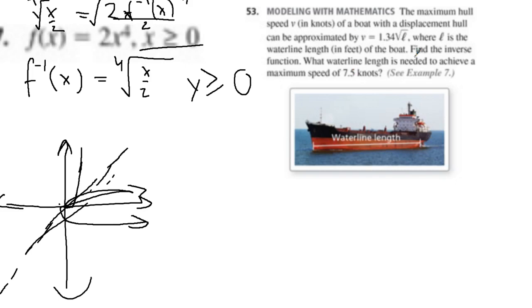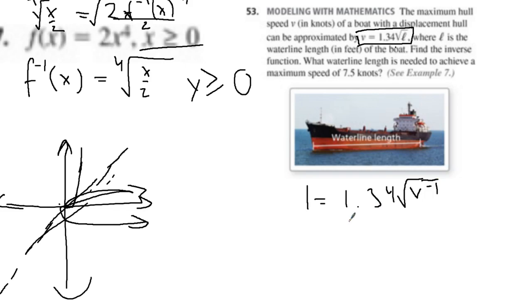Next, modeling with mathematics. The maximum hull speed v in knots of a boat with a displacement hull can be approximated by this function right here, where L is the waterline length in feet of the boat. Find the inverse function. What waterline length is needed to achieve a maximum speed of 7.5 knots? So we'll find the inverse function of this. We're going to switch the v and the L, so we'll get L is equal to 1.34 times the cube root of v minus 1,